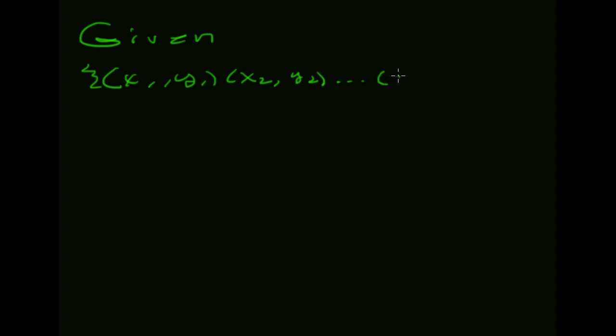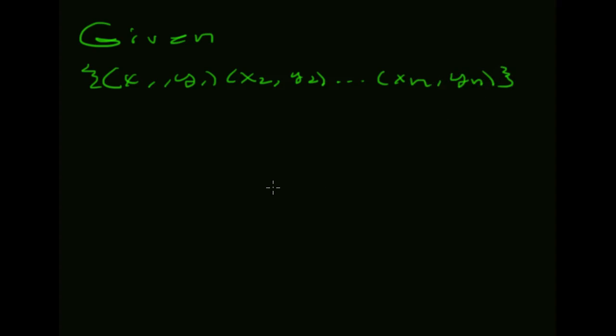Okay, so this is a set of notes on using Gauss-Jordan in order to fit a polynomial curve to a set of data points. So the basic problem here is that we're going to be given a set of data points, so we'll call those x1, y1, x2, y2, all the way out to xn,